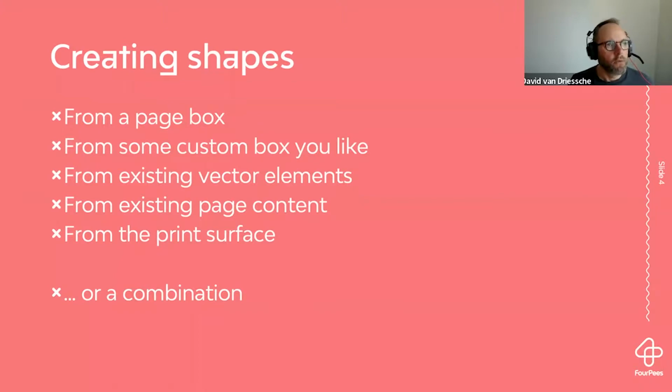Yeah? So when you think about the trim box in PDF, it's always a rectangular area. You're talking about a business card or a brochure or something like that. But in the case of packaging, that can be a very irregularly shaped area. And the term that was invented for that is print surface,